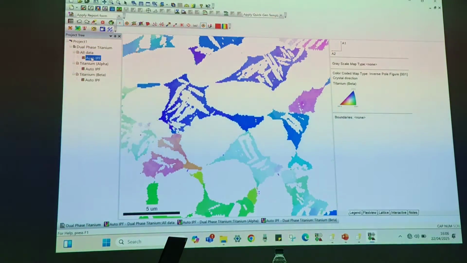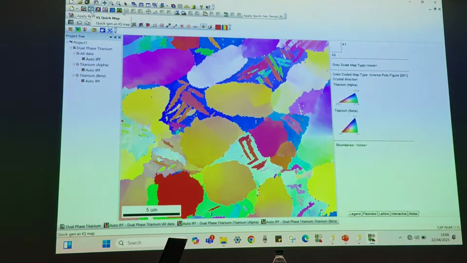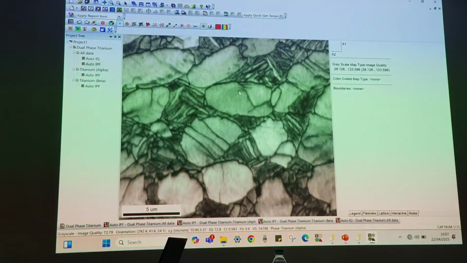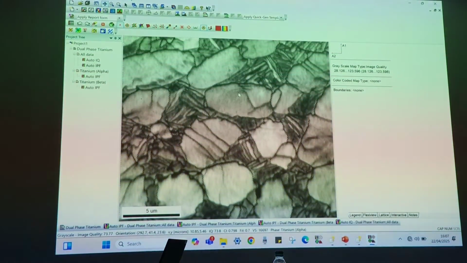So let's say I am working on all data. Then the next image which I can generate is IQ, which is the image quality map. It shows the image quality based on the intensity of your diffraction patterns.